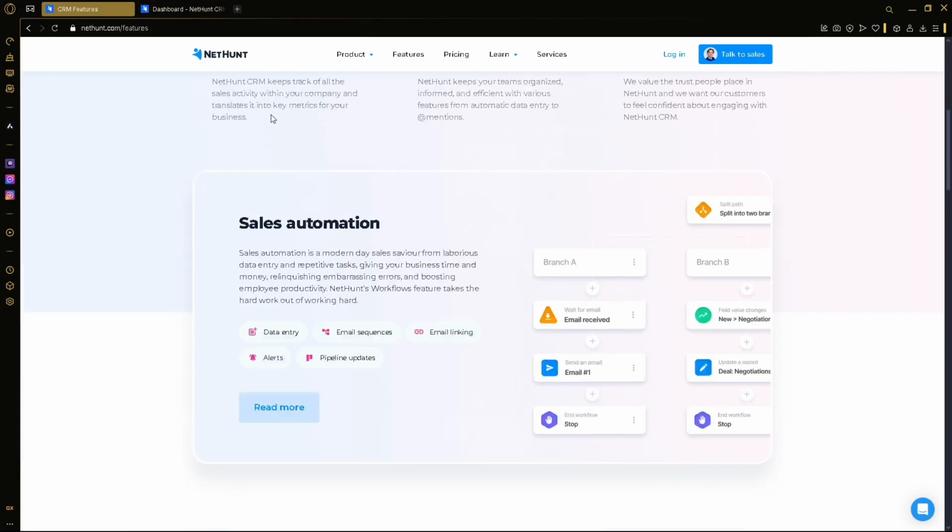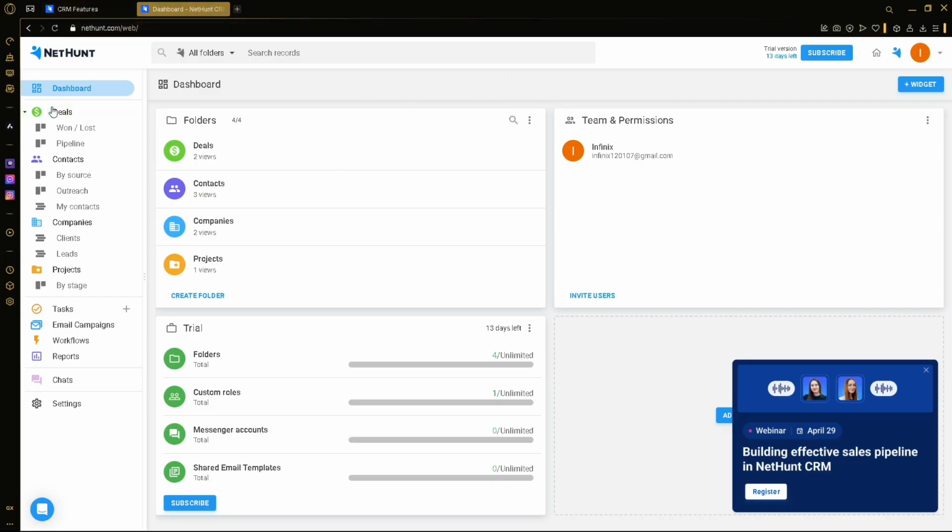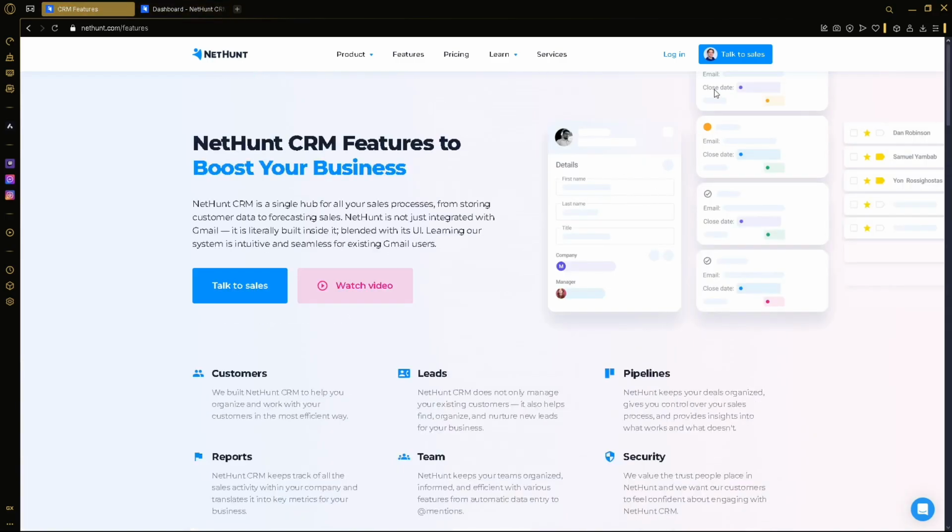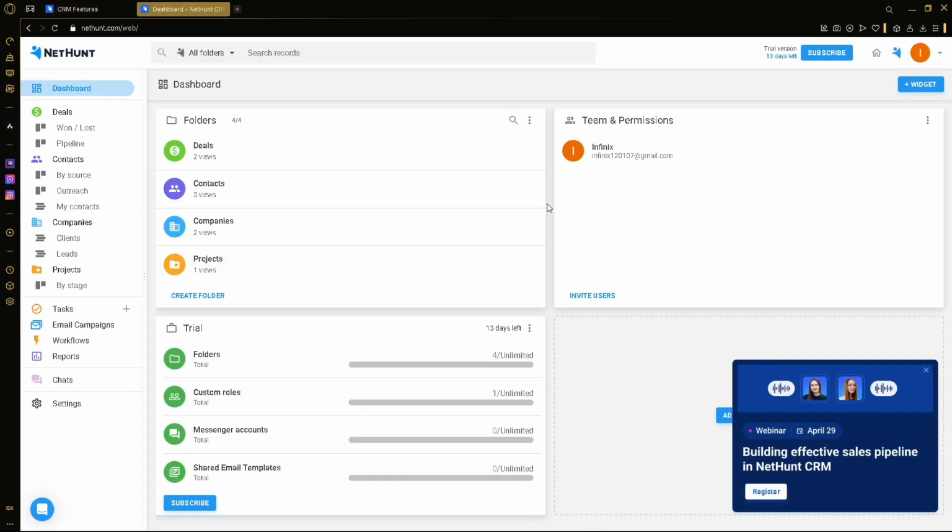Now, let's dive into this website. So, first, sign up or log into an account by clicking on this one. And after that, you will be directed here. Now, here on Dashboard, it shows you a summary overview of active deals, won-loss rates, new leads, and past due. A great place to quickly check the health of your CRM and sales at a glance.